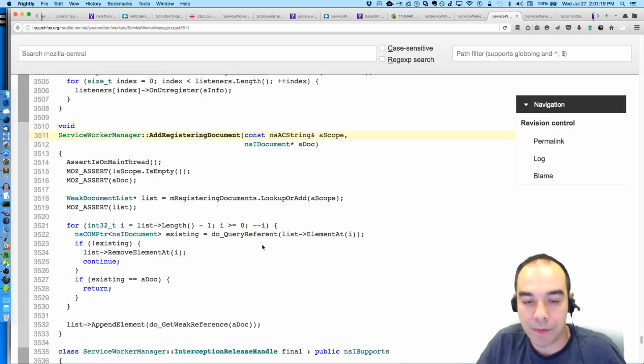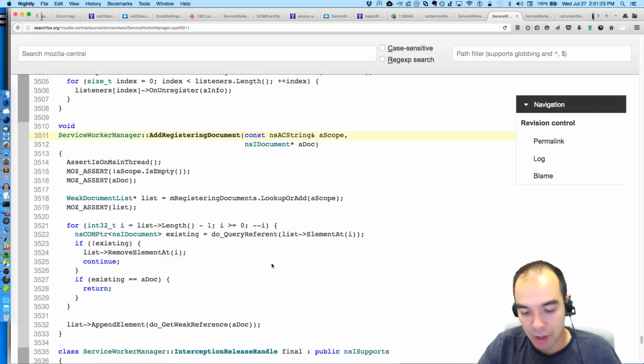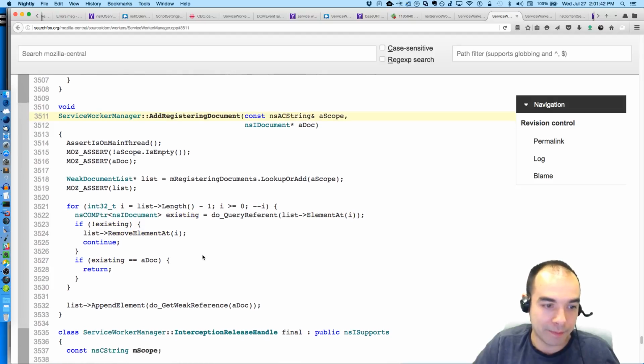Okay, for each element in the weak document list, there's like this intermediary where there will always be these weak document list things that have an element at method on them, and sometimes those will return null, I guess, if the document's gone away. And if so, well, then we remove the element.